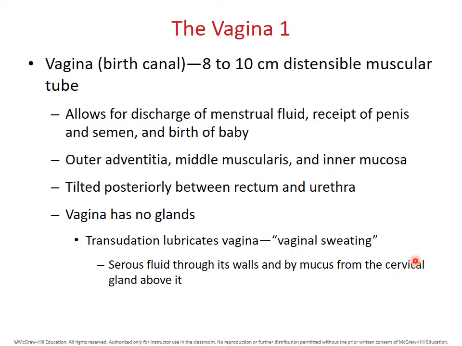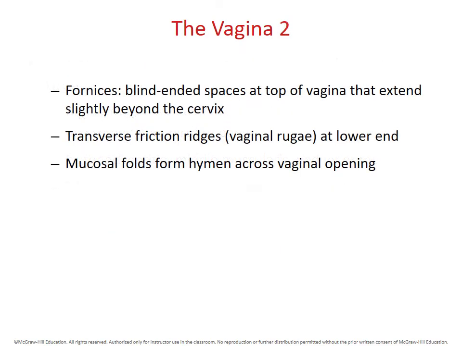And remember, there are cervical glands in the cervix above the vagina, and mucus and serous fluid from the cervical glands can also leak down into the vagina during intercourse and delivery, again to help with lubrication. As I mentioned, you have fornices, singular is fornix, little blind-ended spaces of the vagina that sit on either side of the cervix. There are some folds of mucosal or inner tissue that form a structure across the vaginal opening